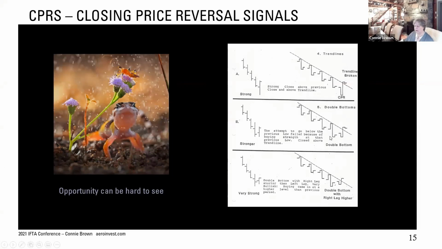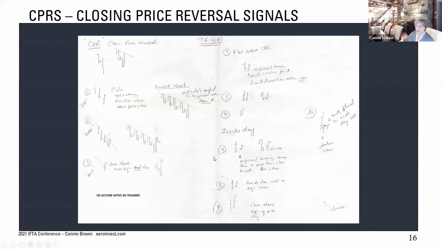Over here, we've got a double bottom. Over here, it's also a double bottom, but it's much stronger because you're seeing that the close of the previous bar, the open opens above it, and then you close above that. Now, how we had to learn this is that we had to draw them. And for someone that's just entering the market, I think that shows you